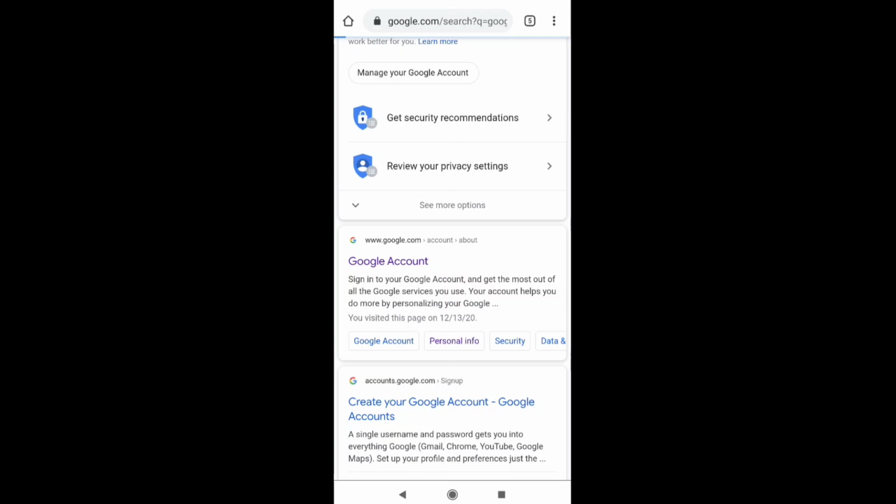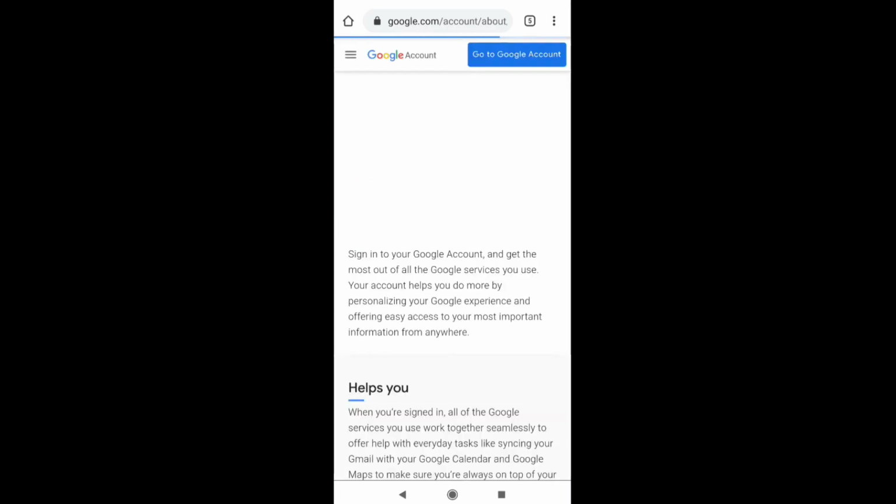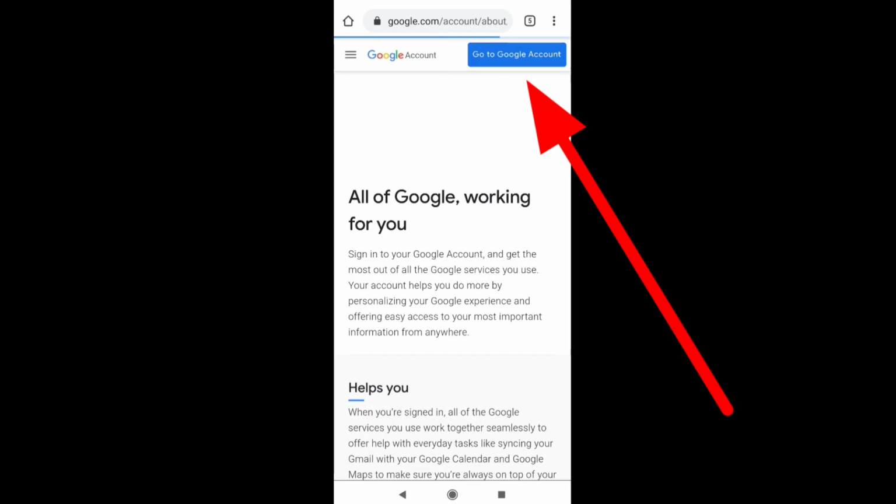You can see Google account here, and it is taking some time as we are using a VPN. Tap on the Google account and wait. Then tap on the go to Google account option available.